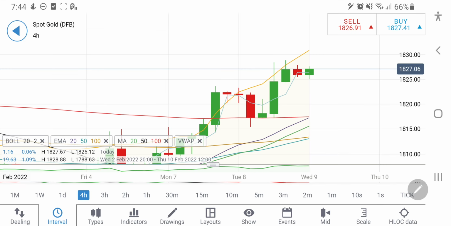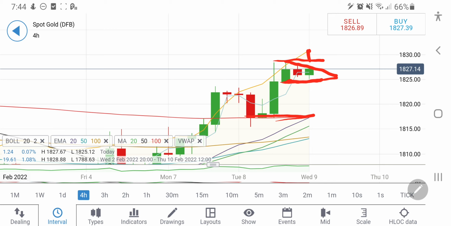Now this is the 4-hour chart for gold, and you can see here 1817 levels providing it a support on a 4-hour chart, and also on a 4-hour chart 1824 providing it a support. Lower highs here. Now once it breaks this zone at 1829, definitely it will head higher towards 1832, 1835 and 1838 levels. We can expect it to remain bullish till the time it remains above 1824.